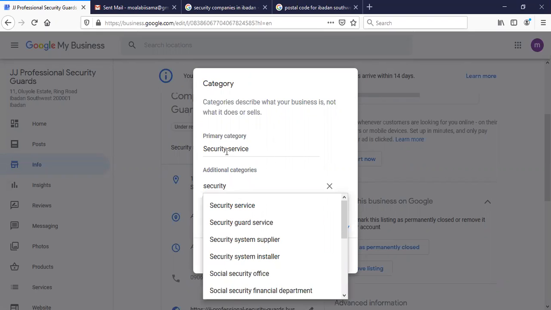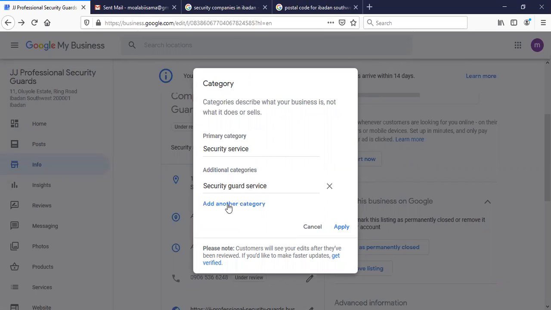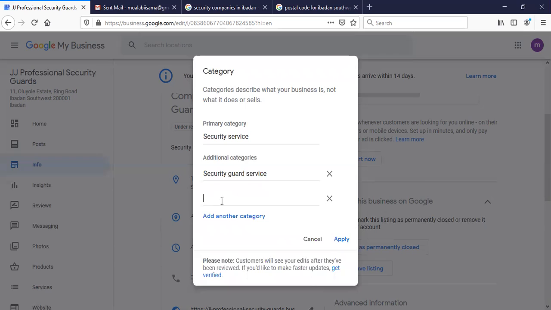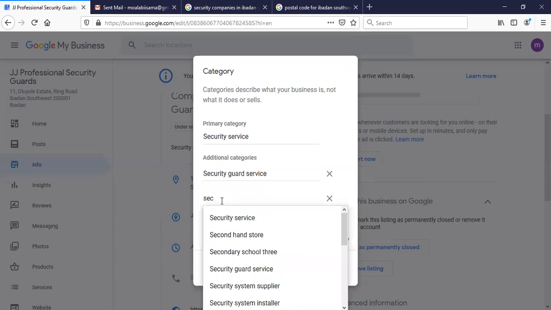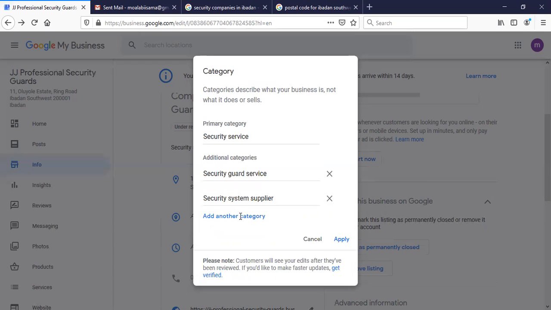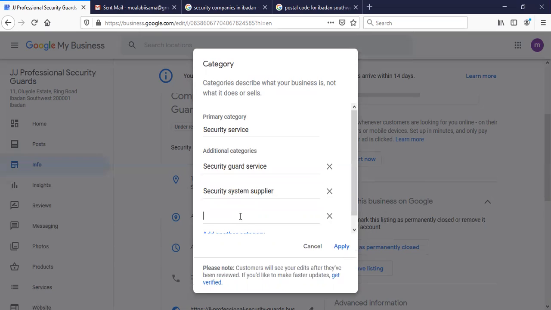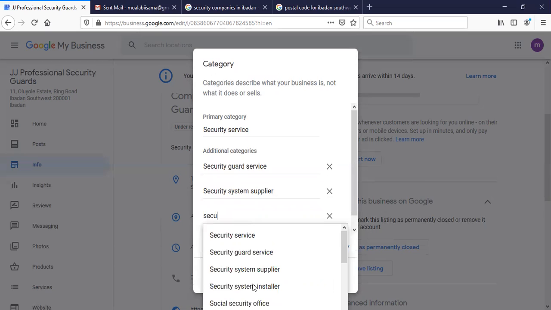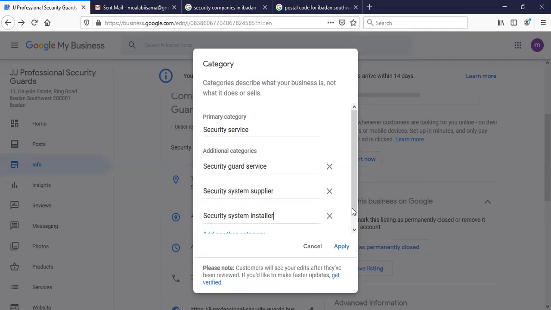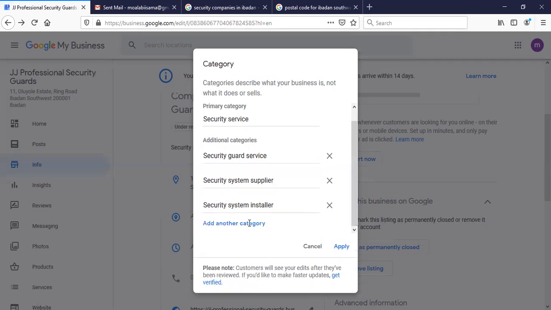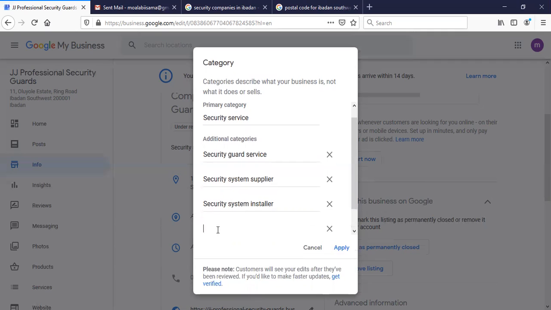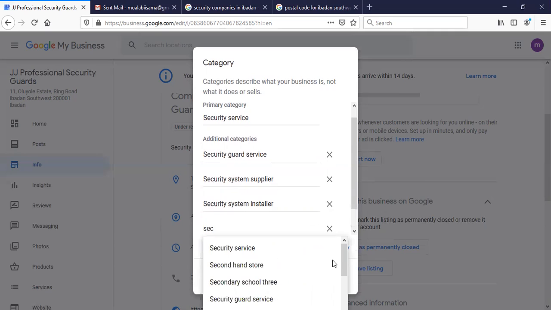I've used security service before as my primary category, so I won't select it again. So I'm selecting this one, security guard service. I click again, add another category. I type security again. I will also do security system supplier, add another category, type security again, security system installer, scroll down, add another category, security.